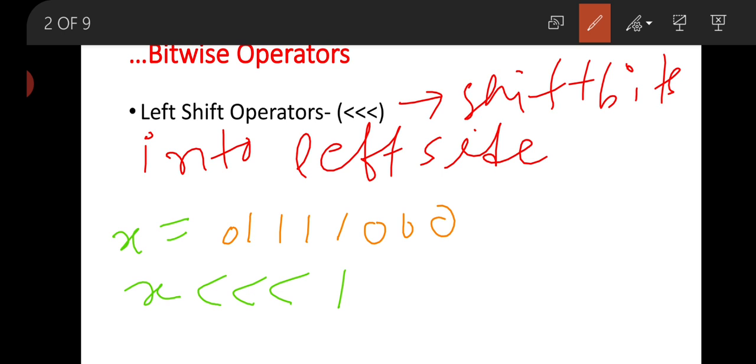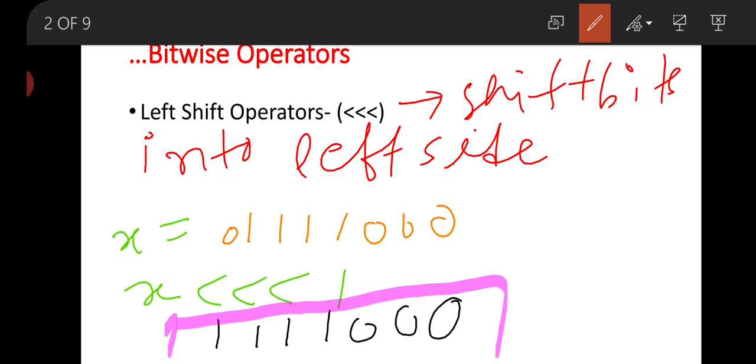Now this will become 1 1 1 0 0 0 0, and this 0 will be added at the end. This 0 will fill the blank place. Now you can see that this is the result of your left shift. This is the left shift of one place. We have shifted the bits to the left by one place.